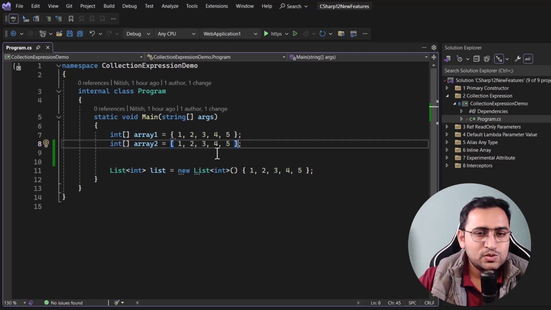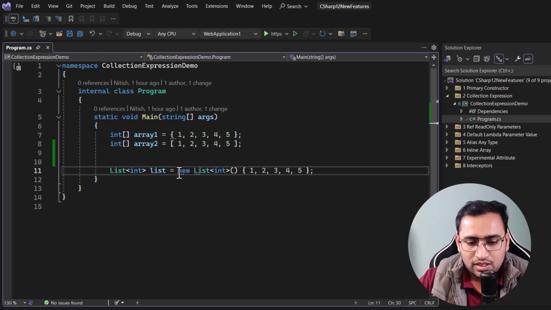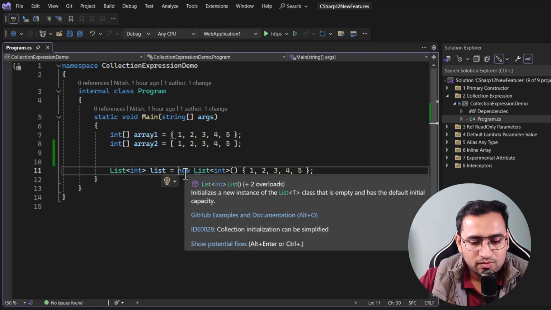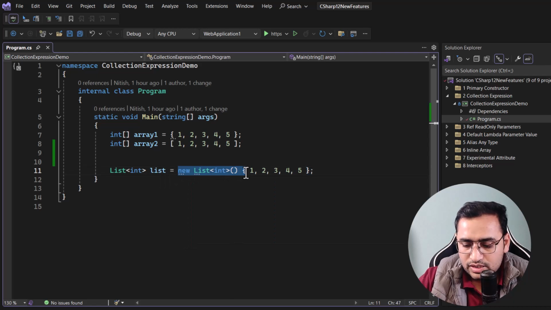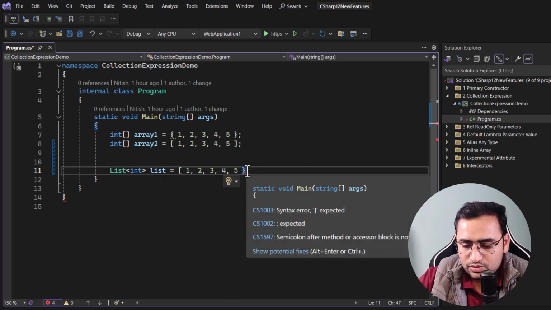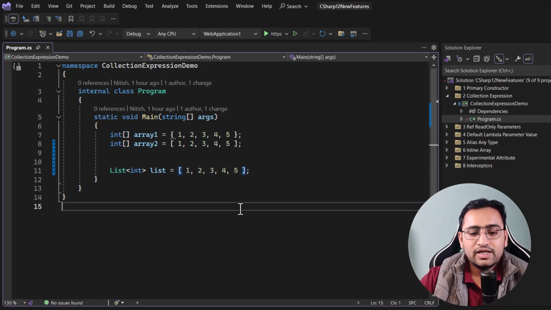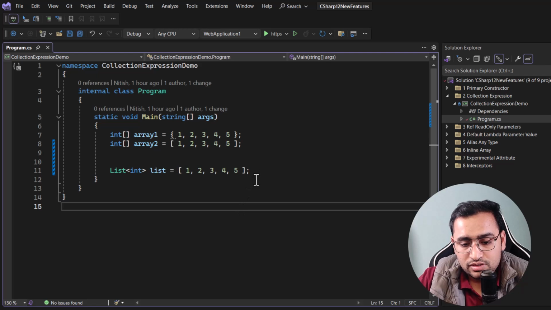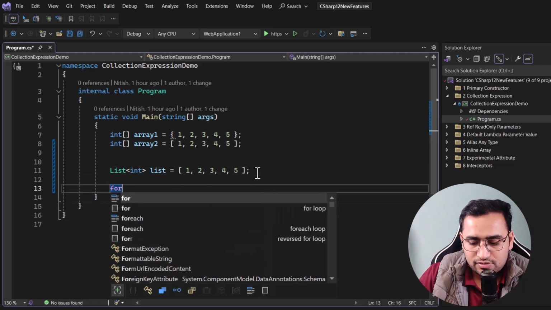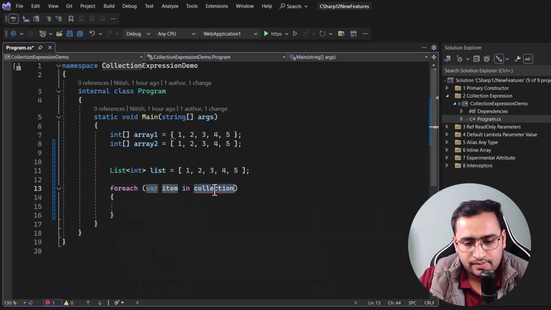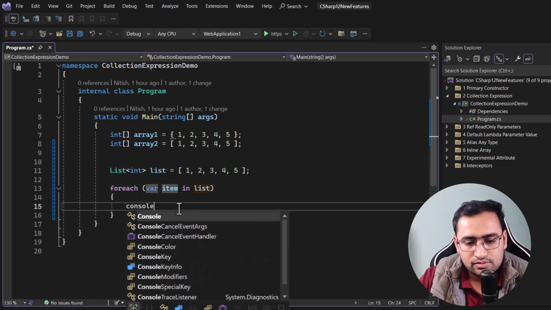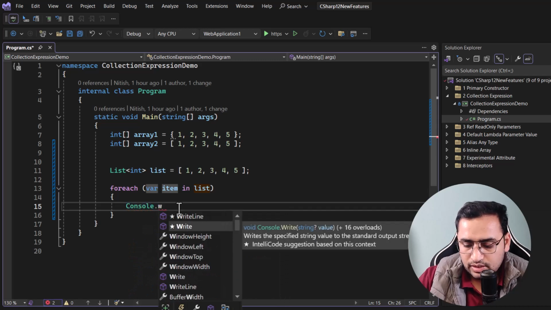The same concept is also applicable to other collection types, for example this list as well. Earlier we had to use the new keyword, the List type, and the parentheses, but this time you can simply remove all of them and just use the square brackets, and everything will work as it was working earlier. If you try to loop through all the values, let's say I'm using a foreach loop on this list and displaying the values with the Console.WriteLine method